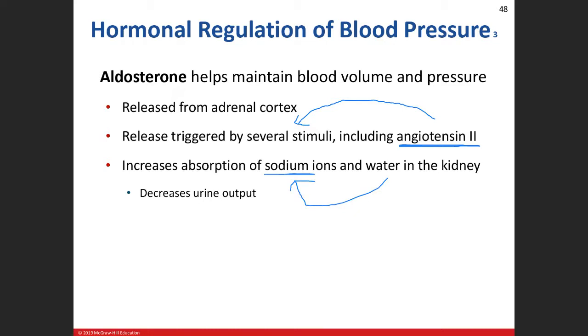So that means if the kidneys pee sodium out, water is going to follow it. If the kidneys pee glucose out, water is going to follow it. If the kidneys keep sodium and reabsorb it, water is going to follow it. So that's what we're going to see here. Not only are the kidneys going to decrease the amount of urine formation, which is going to help bolster our blood volume,